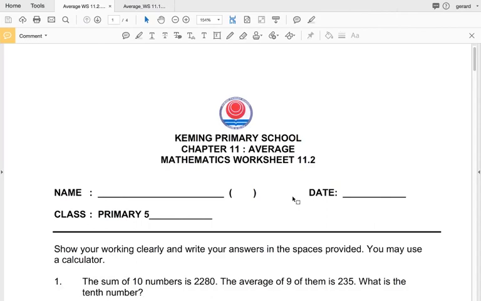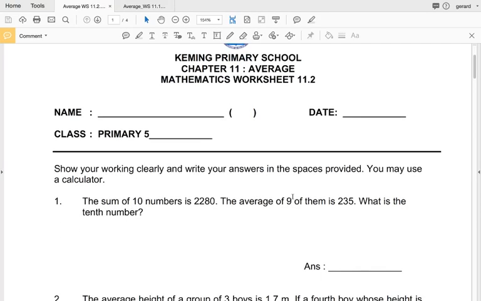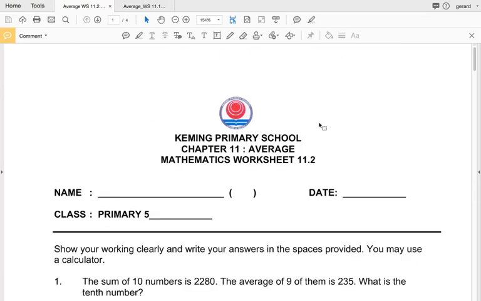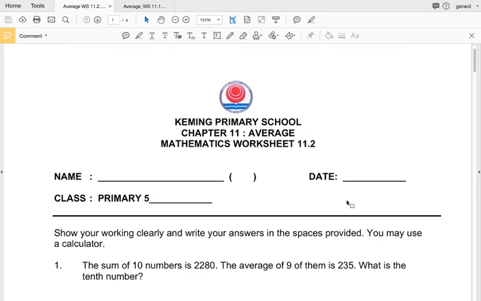Okay, going to be starting on worksheet 11.2 average. Now, question 1. Sum of 10 numbers is 2280. Average of 9 of them is 235. What is the 10th number? Okay, for here, let's go through some of the